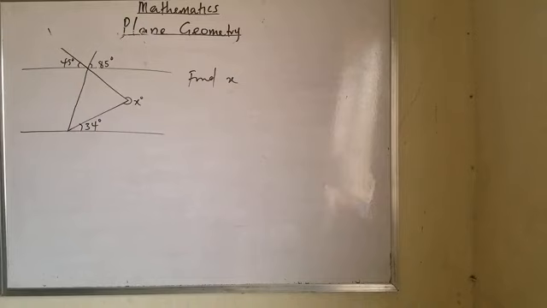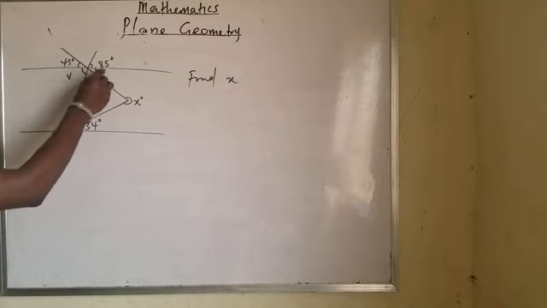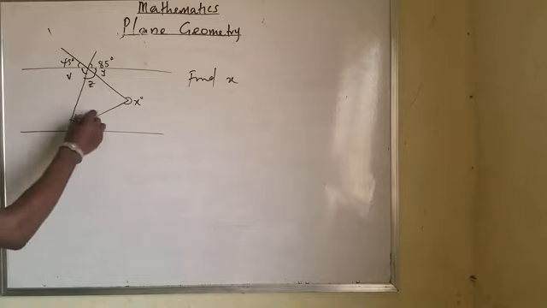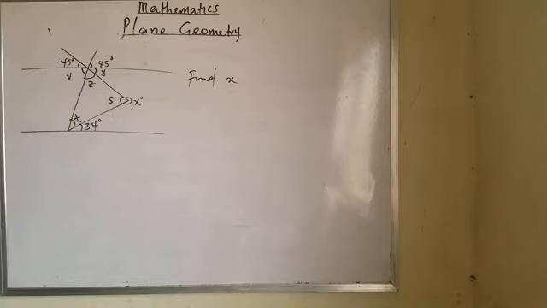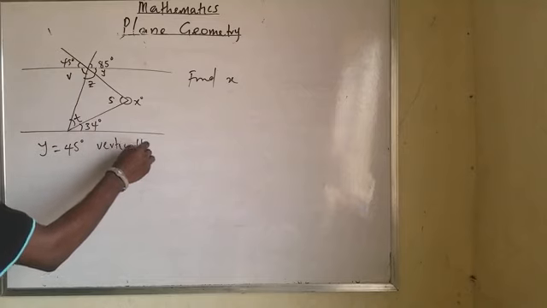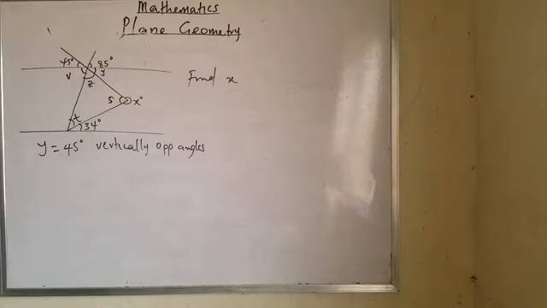But if I start from saying, call this place V, call this place Y, and call this place Z. Okay. And this place becomes C and X, T and S. Now, the first thing you need to understand is that my Y equals 45 degrees, which we call vertically opposite angle. Since I know that is the case, I can also say that,